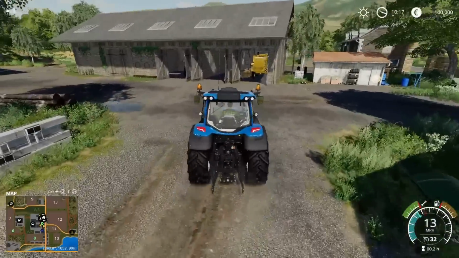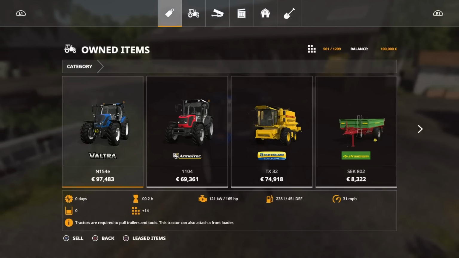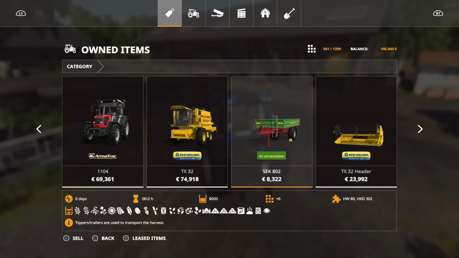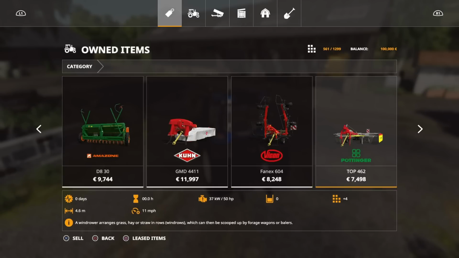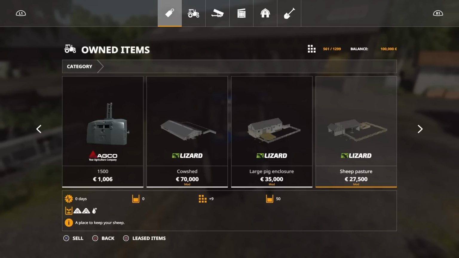Right, so while we jump into the vehicle, we might as well have a look at what we start with. So as I said, 561 slots out of 1299 on New Farmer. We start with a Valtra N Series, an Armour Track 1104, New Holland TX32, SEK802 trailer, header for the TX, plough, cultivator, seeder. We've got a rear mounted mower, tedder, windrower, loading wagon, header trailer, weight,